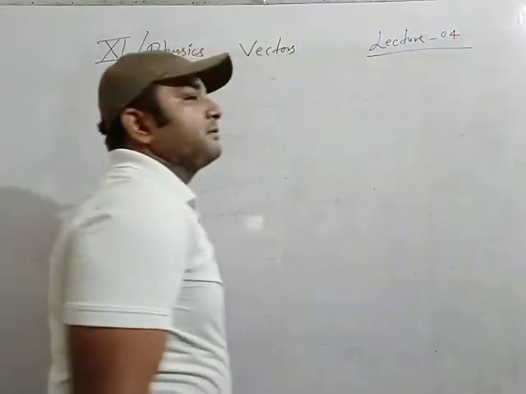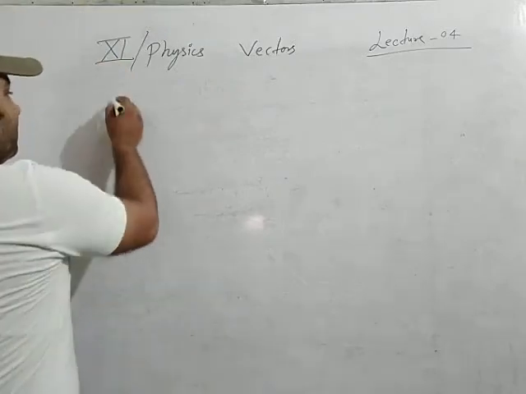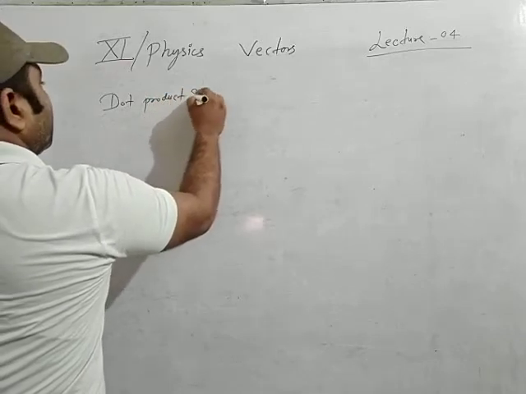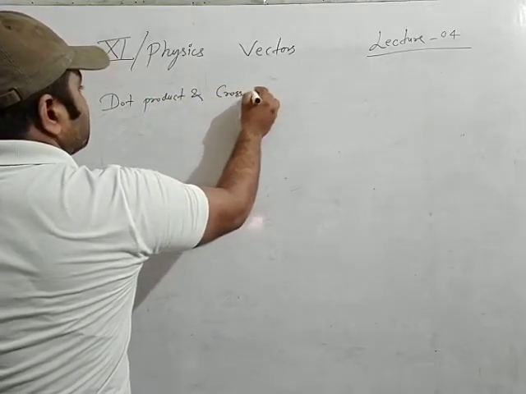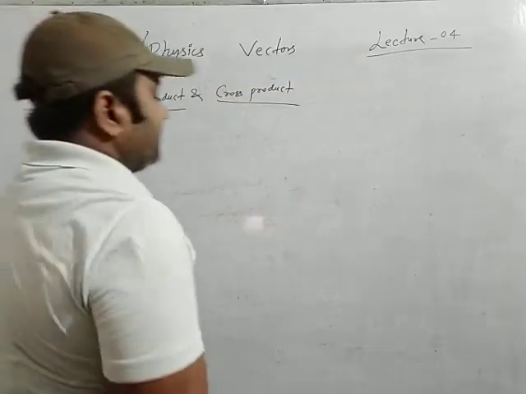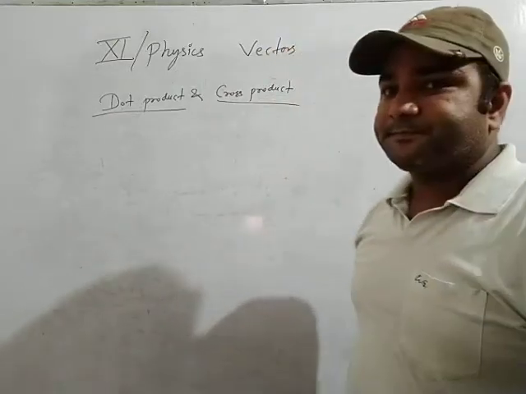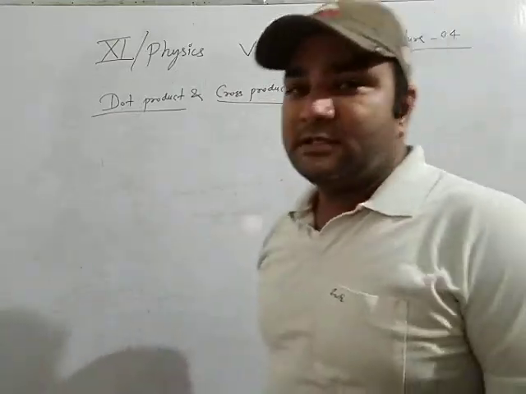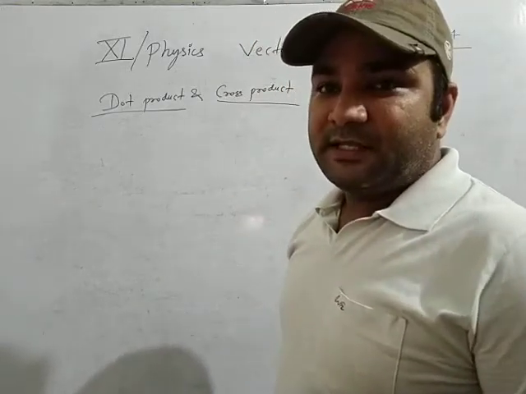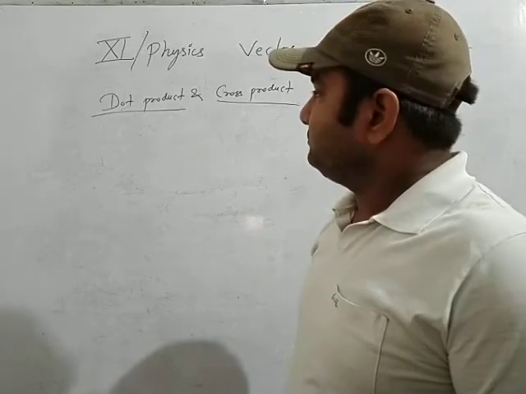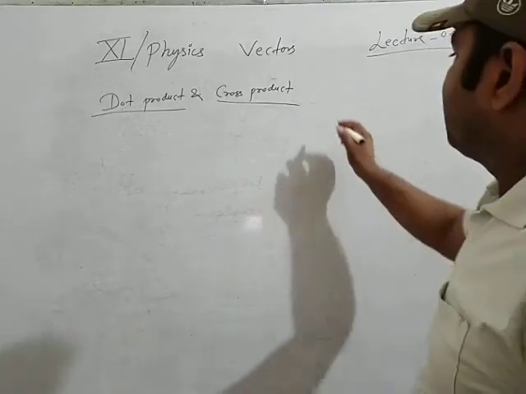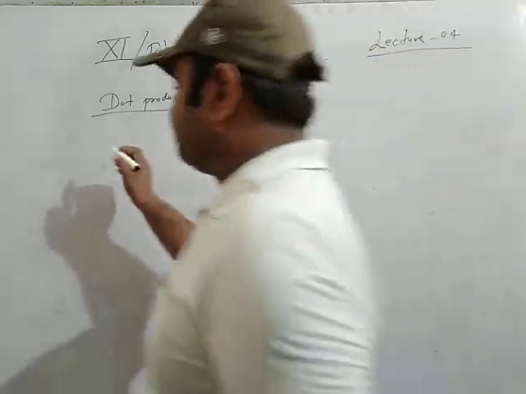This is the fourth lecture of kinematics. Dot product and cross product. Here the concept of dot product and cross product is based on vectors in terms of i, j and k. Suppose a vector A, let